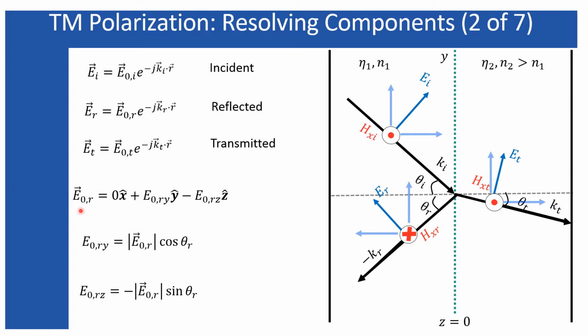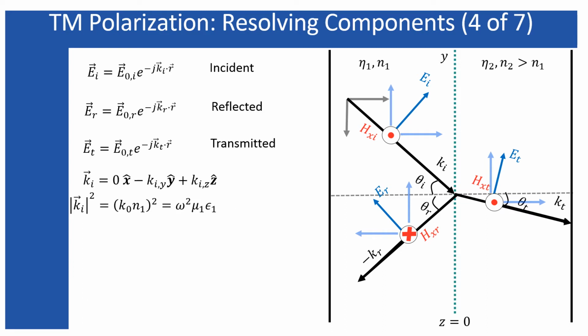The polarization for the reflected wave is represented over here in this form. Here, the negative sign which is appearing before the z component is because the z component for the reflected wave is directed along the negative z direction. That is why the negative sign is appearing. However, the y component can be represented in this form, and the z component can also be represented in this form, but with a negative sign. And the transmitted wave takes a similar form as the incident wave, the only difference being its magnitude and the theta t.